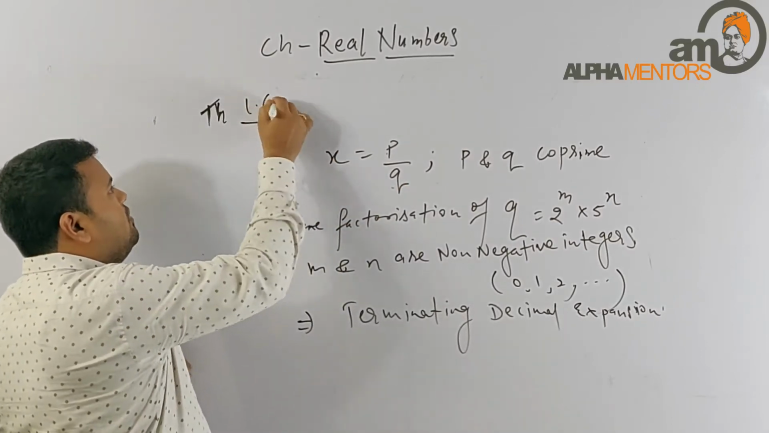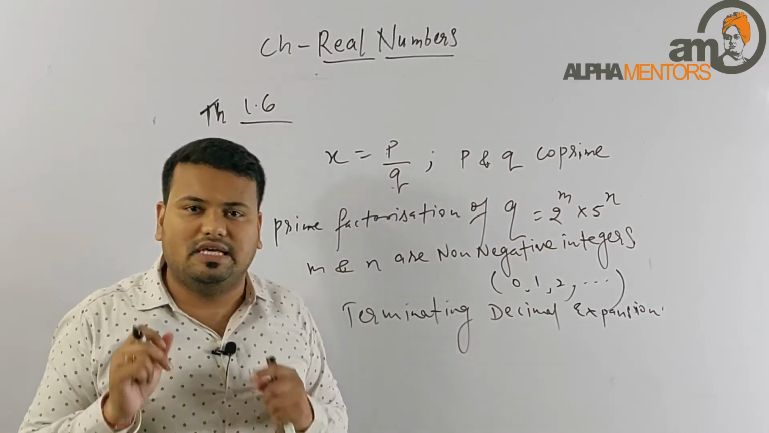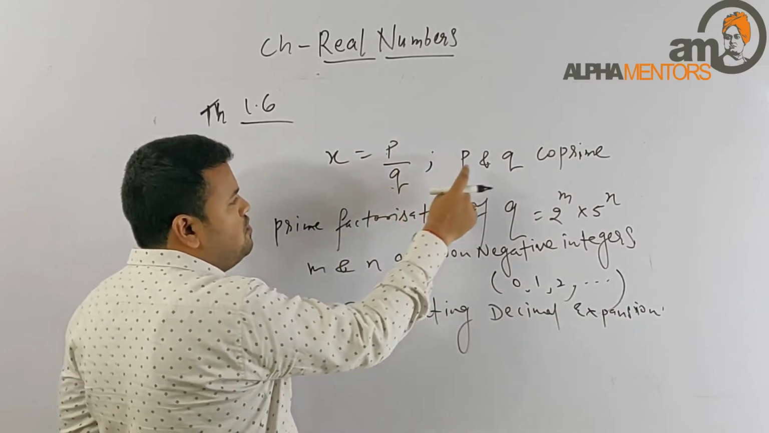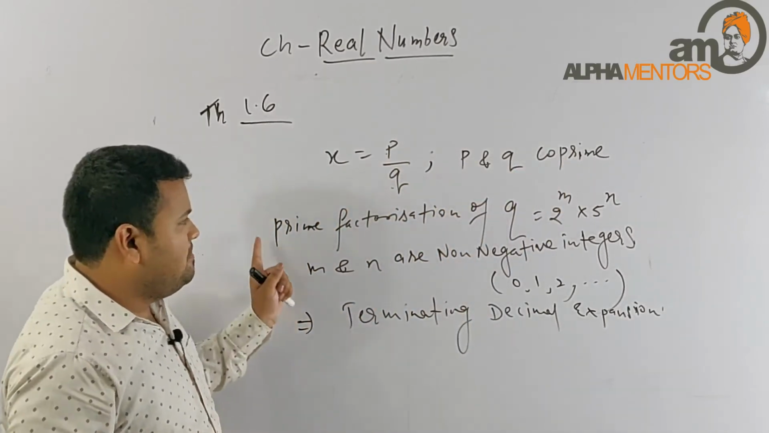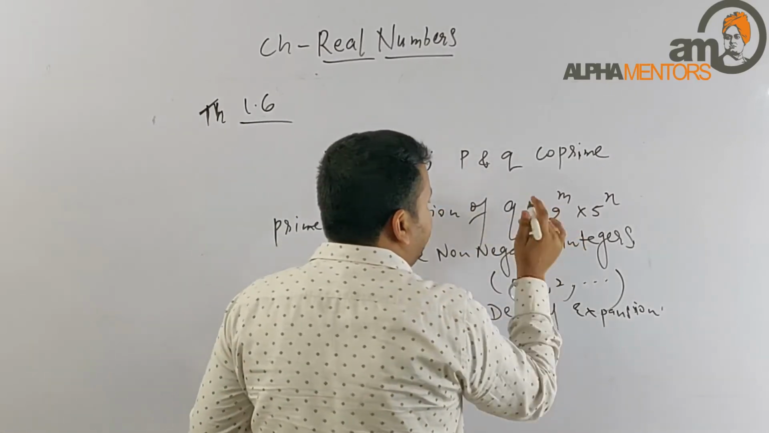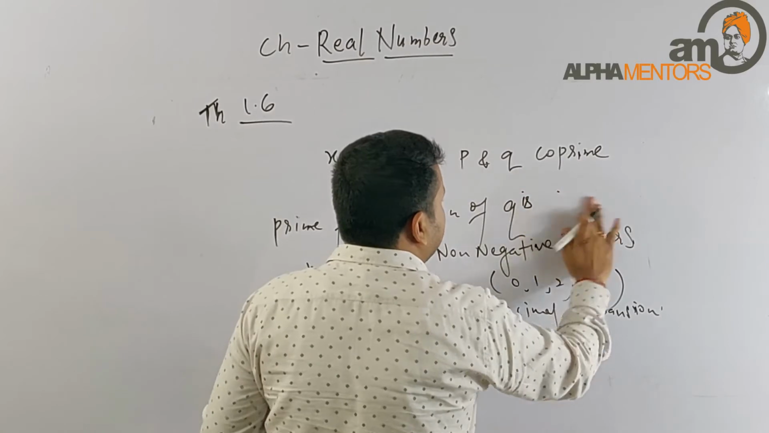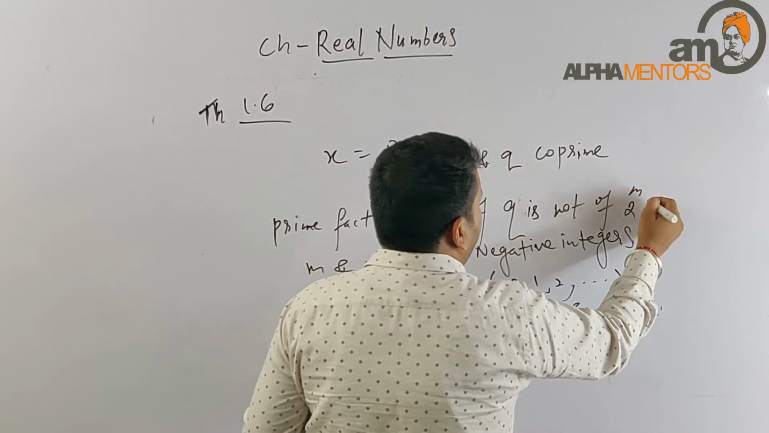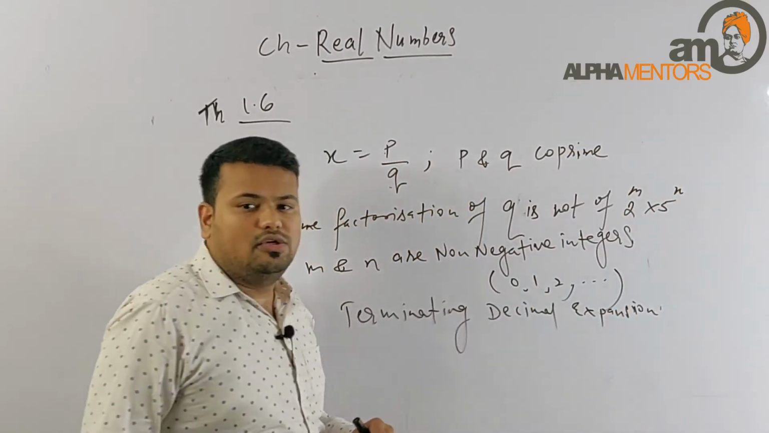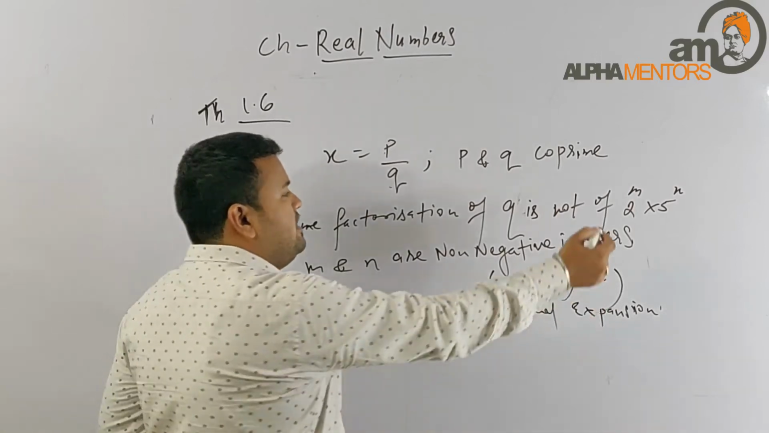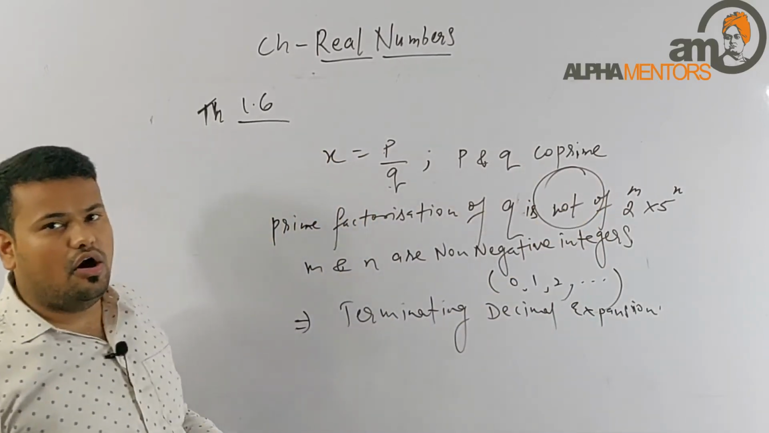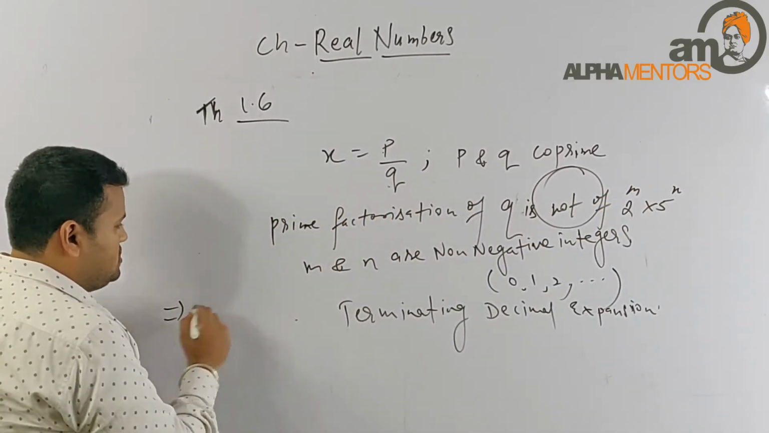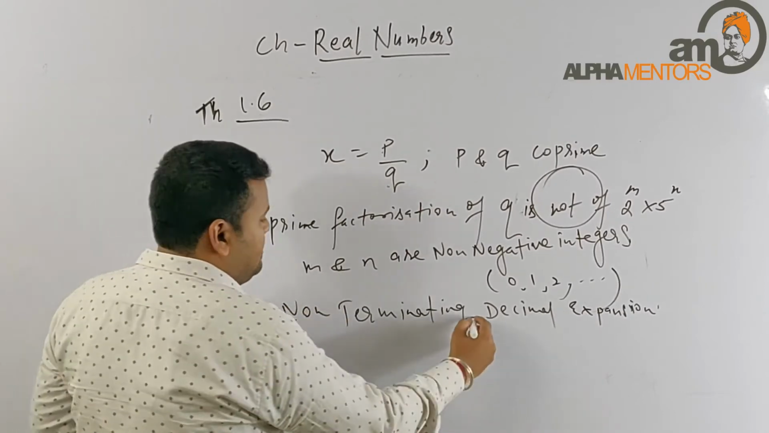Let's consider one more property, that is theorem number 1.6. Now what is the statement of 1.6? That if a rational number is in the form of p by q, where p and q are co-prime, and the prime factorization of q is not of the form 2 to the power m into 5 to the power n, important point, then the given expression has a non-terminating